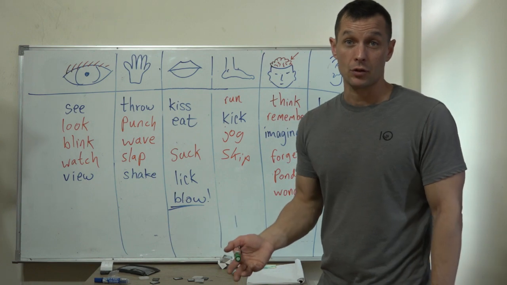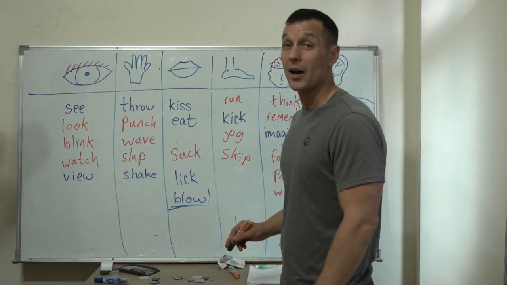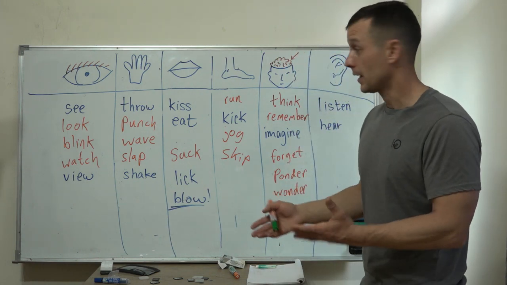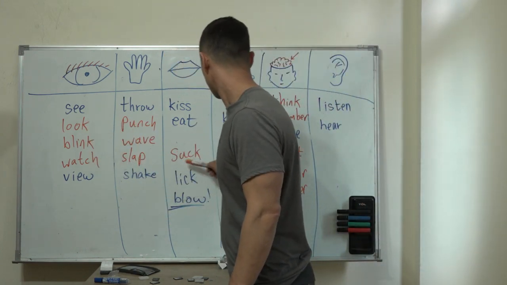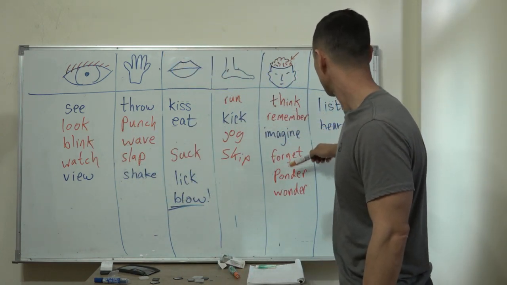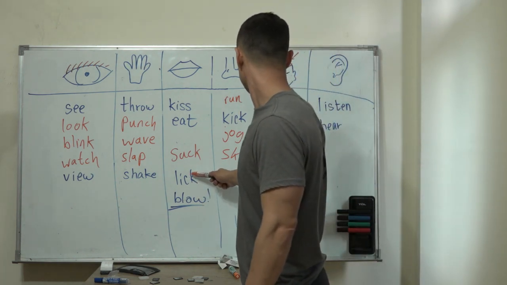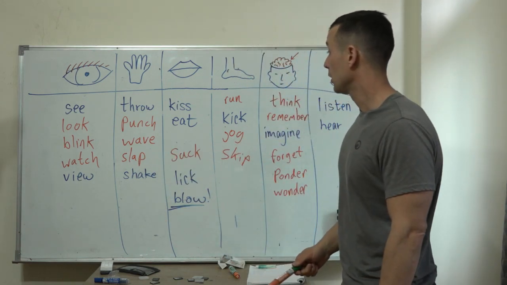What the teacher can also do, if the teacher wants to give some new vocabulary, they can also write down some new words and explain them to the kids. So then you count: 1, 2, 3, 4, 5, 6, 7, 8, 9, 10, 11, 12, 13, 14, 15 for the orange team. 1, 2, 3, 4, 5, 6, 7, 8, 9, 10, 11, 12 for the blue team.